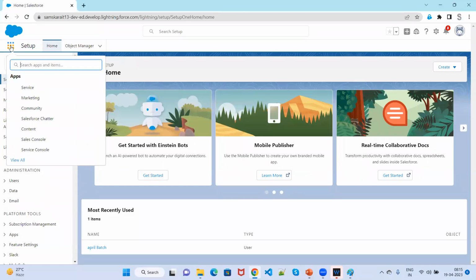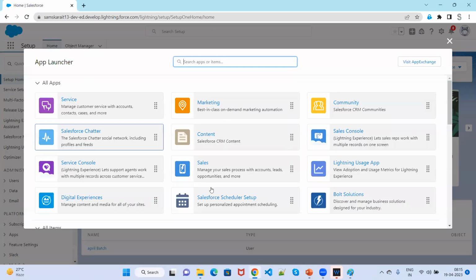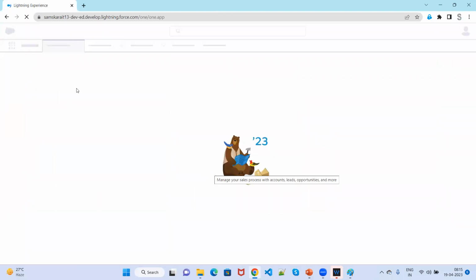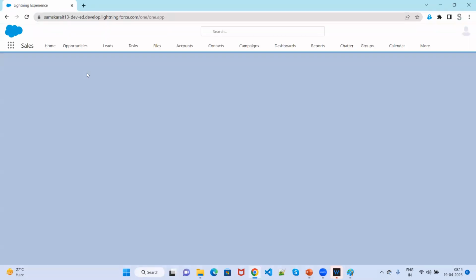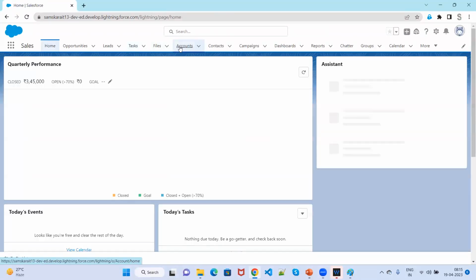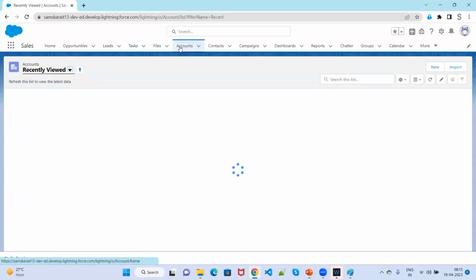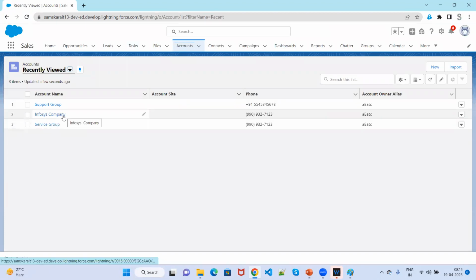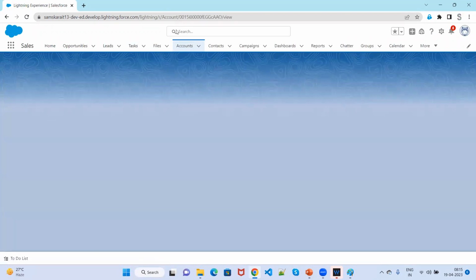Any other questions, anybody? Yesterday we went to the Sales application and created the account. There are 3 accounts we have created: Infosys company, service group, support group. And if you open any account,